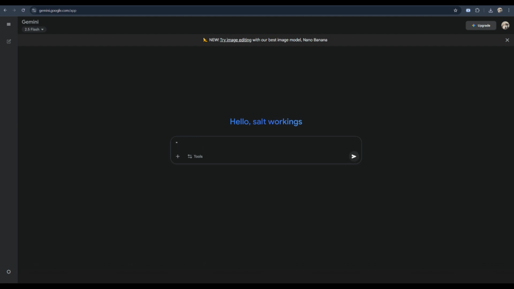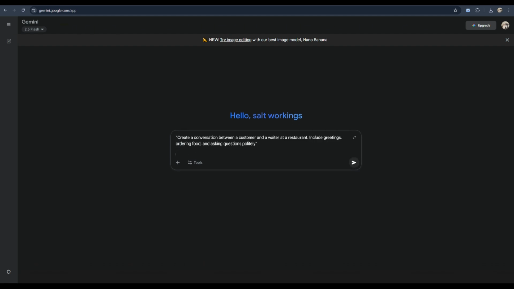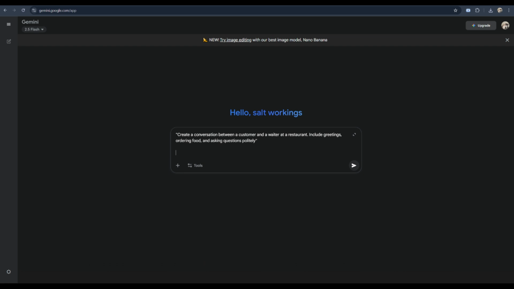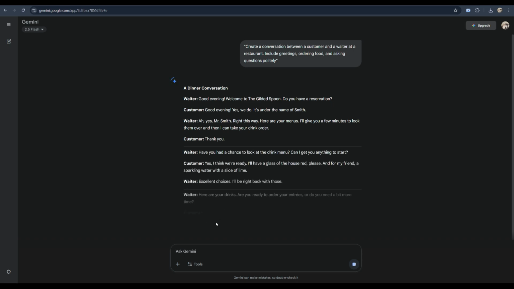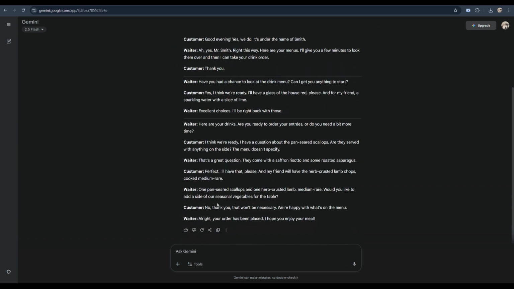Next, type a prompt describing the type of dialogue you want. For example, you could write, create a conversation between a customer and a waiter at a restaurant. Include greetings, ordering food, and asking questions politely. The AI will instantly generate a full, natural dialogue that you can read, practice aloud, or even record for study